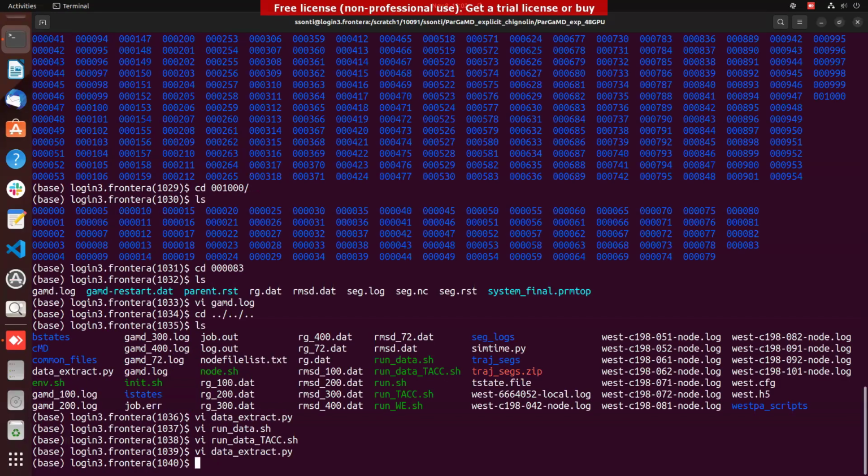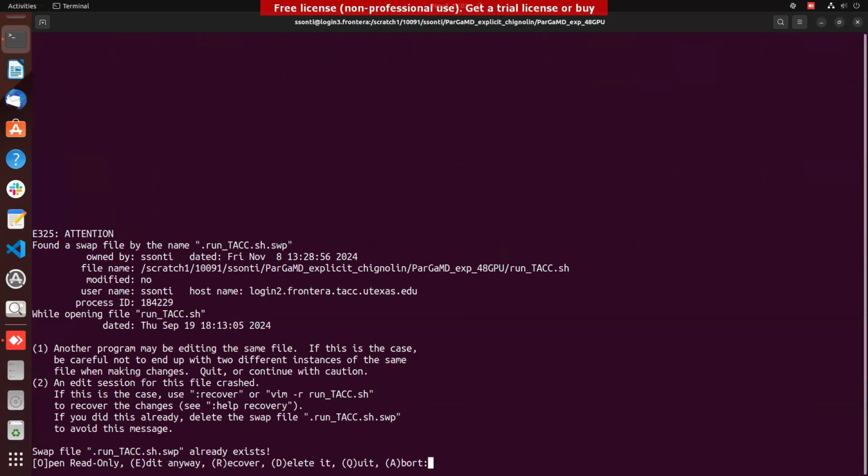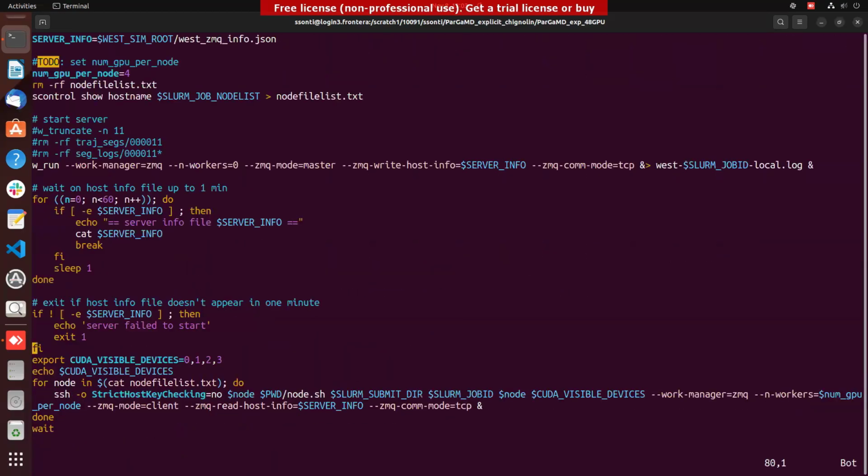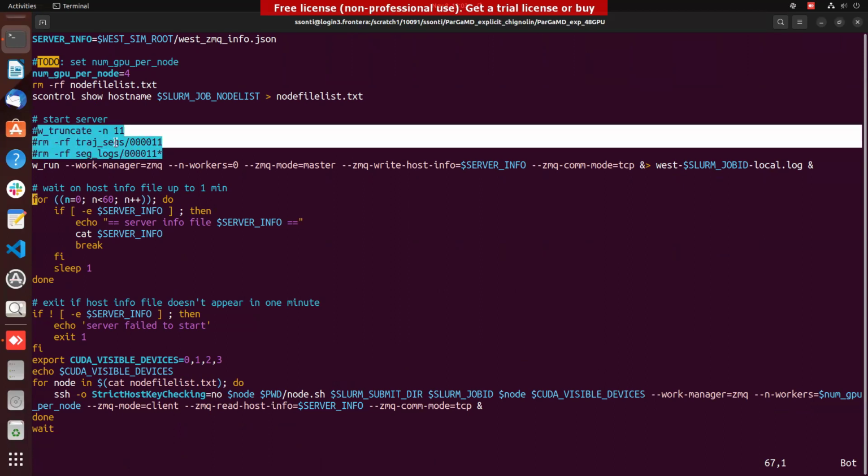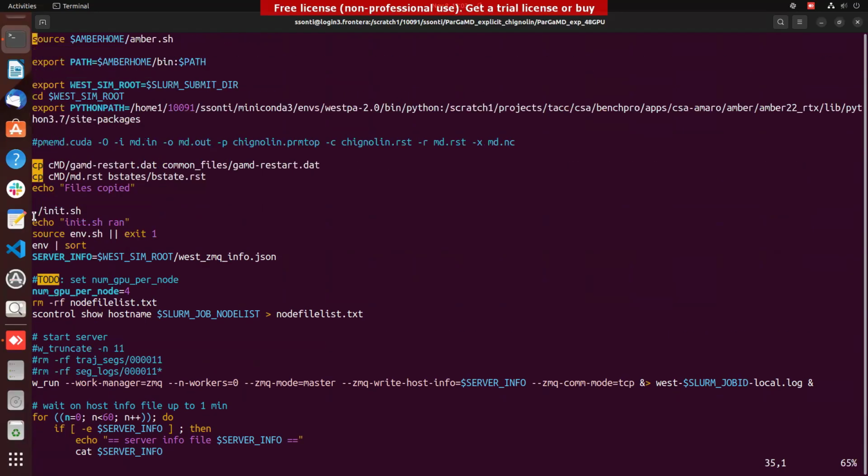So these are the major components of running a ParGaMD simulation. And if for some reason, especially when you're running on Expanse, your job might require more than 2 days, and it might actually stop. So when that happens, suppose your 11th iteration is where it stops. You basically have to use this, where it removes that folder,